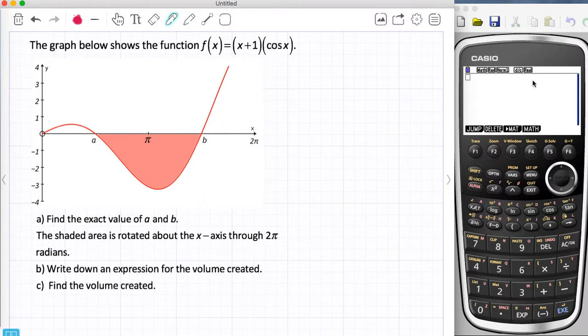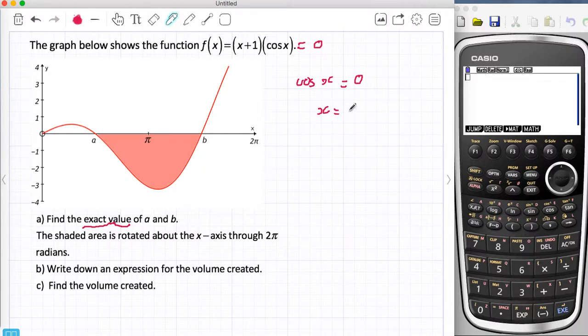It's a calculator paper, so I've got my Casio GDC up here. But the first thing it says is the exact values of a and b, so we're not going to use a calculator for this. We're going to take this function and make it equal to 0. Now when it's equal to 0, x could be minus 1, which is outside the graph, so that's not what we want. So we want when cosine x equals 0,